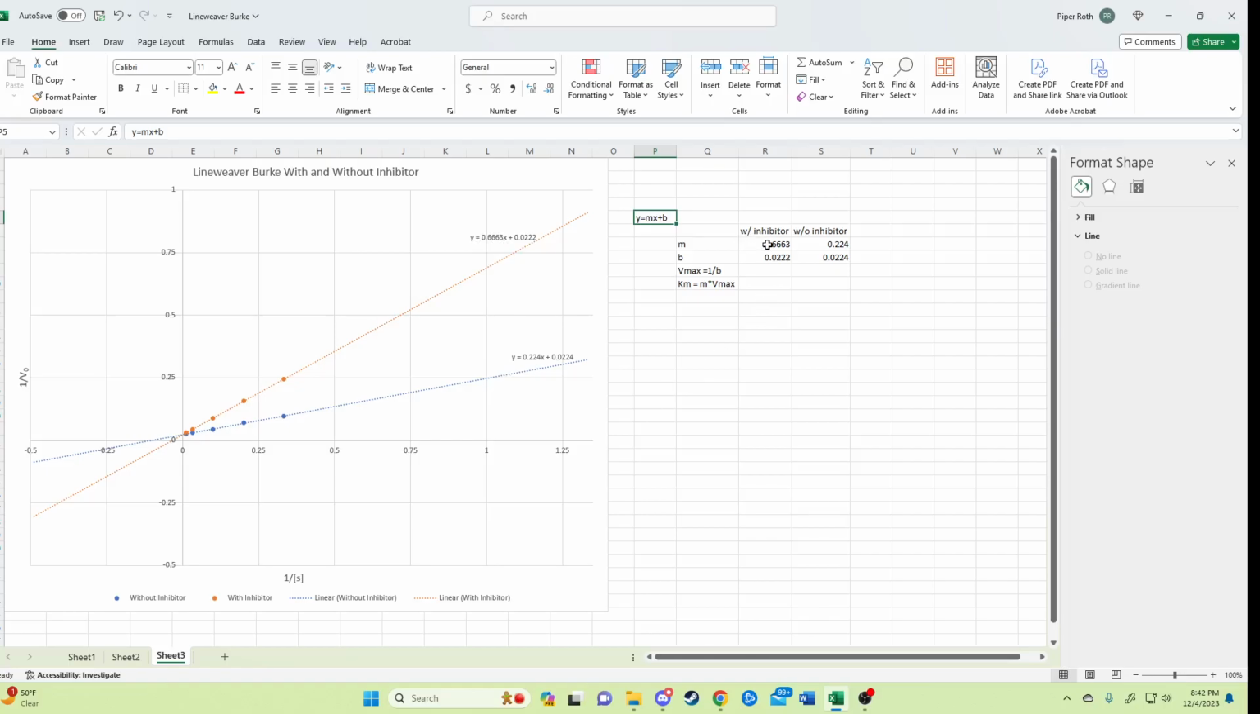I've gone ahead and written down the m values for both inhibition and no inhibition, as well as the b values, and then we can just use Excel functions to calculate our Vmax and our Km. So for Vmax, I'm going to use equals 1 over and select our b value, press enter, and then again, because everything is so nicely lined up, just drag to the right and we have our Vmax for with and